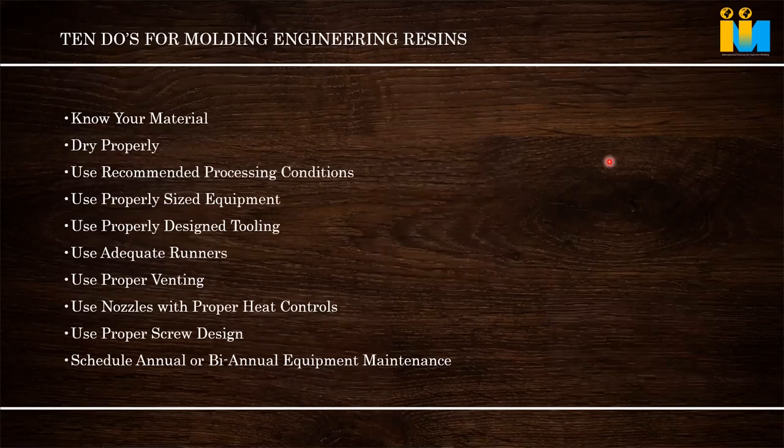And now we come to the end of this module. Some of the do's and don'ts, the do's for better molding of an engineering plastic. First, know your material. Don't consider it generic. It's PC, let's follow some temperature like 300. No, go into the detail. Go to what the grade is: it is a 945, 123, FR, non-FR.